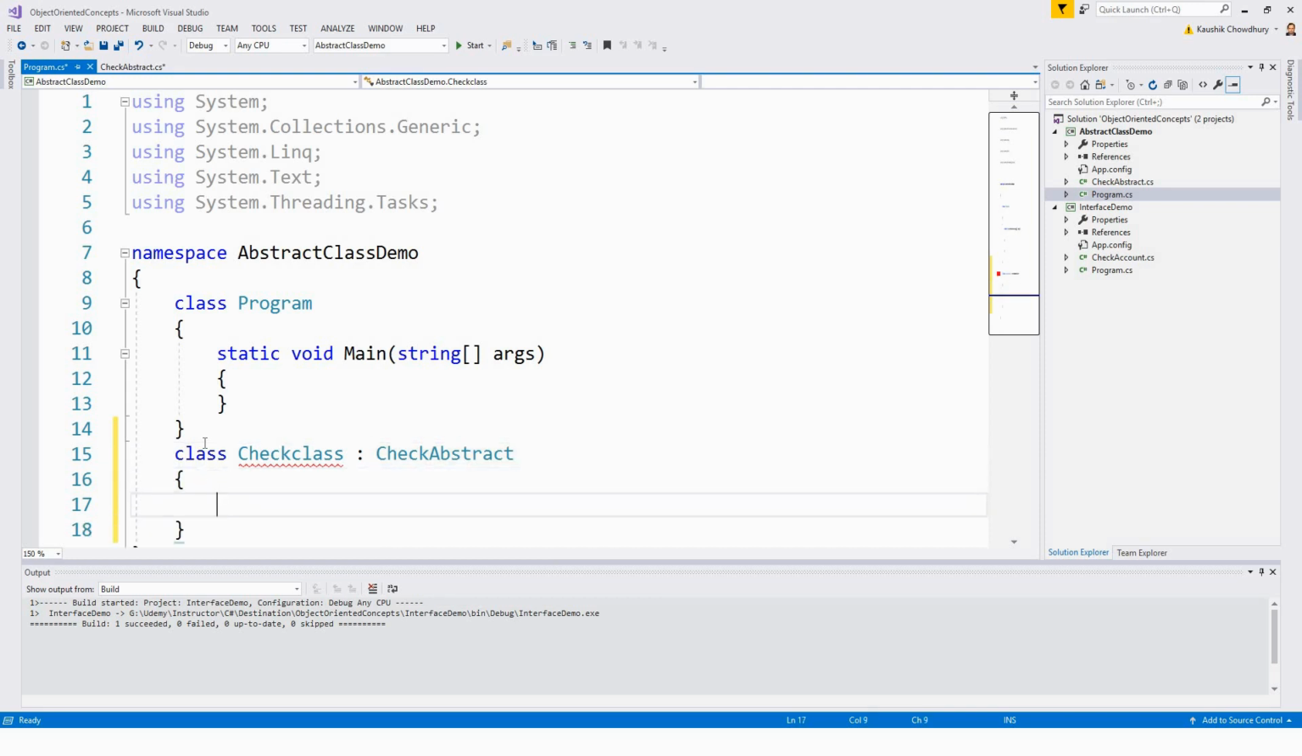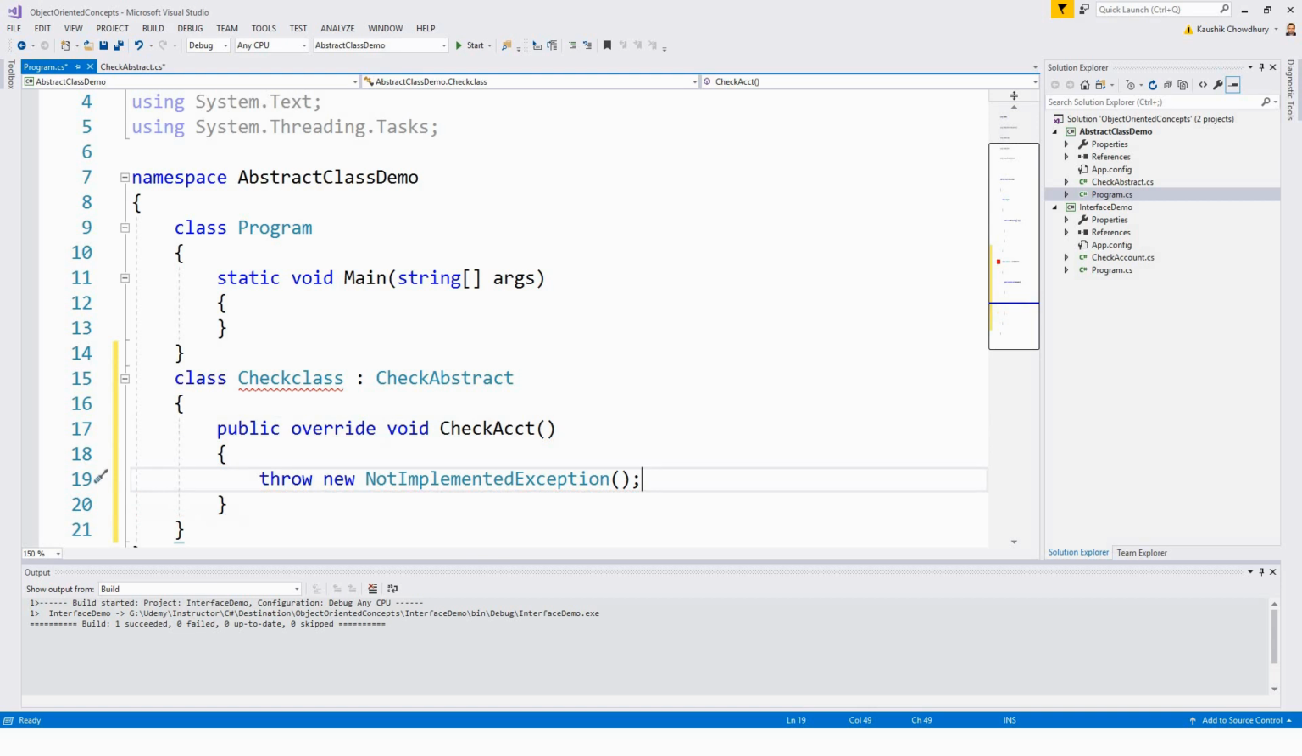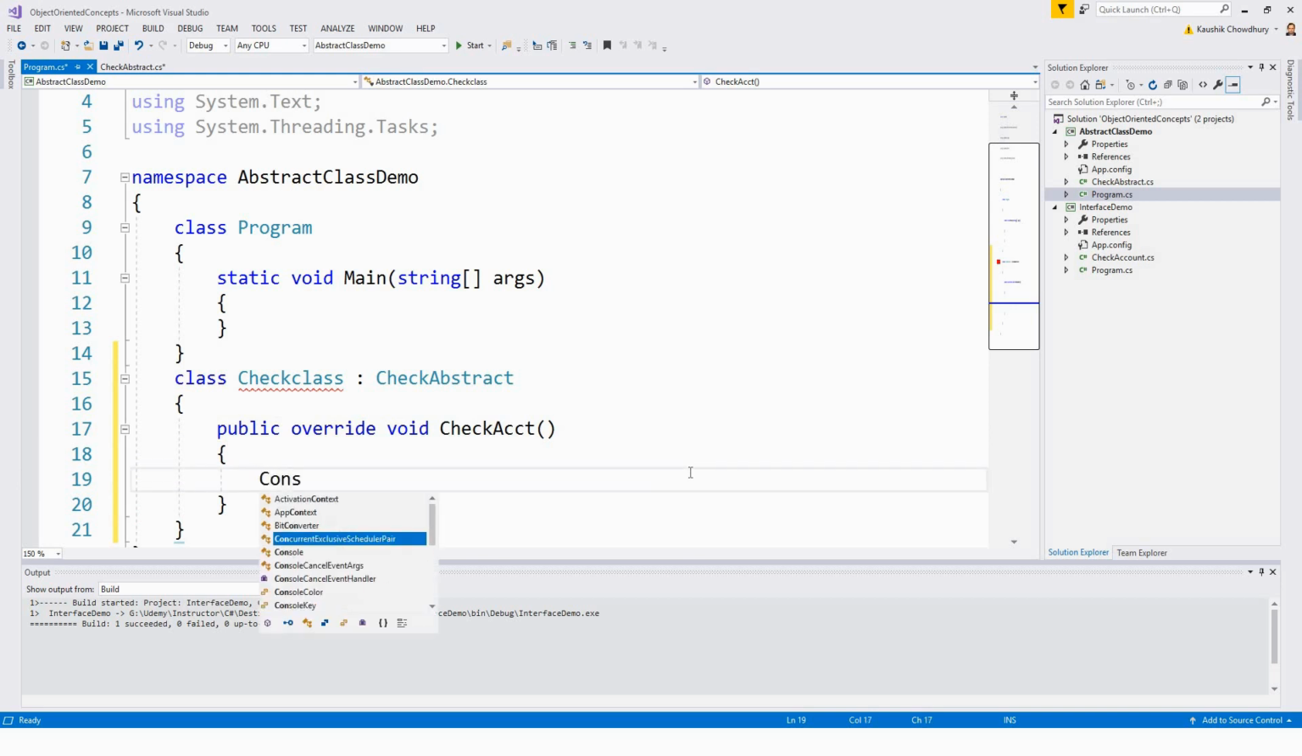So what it says, squiggly lines, check class doesn't implement the inherited abstract members, check abstract dot check account, check abstract dot initial balance. Okay, so we'll implement that. So we'll use the override keyword to override the abstract members in the abstract class. So public override void check account, and it automatically creates throw new not implemented exception, which I'll just remove, and I will write my own implementation,